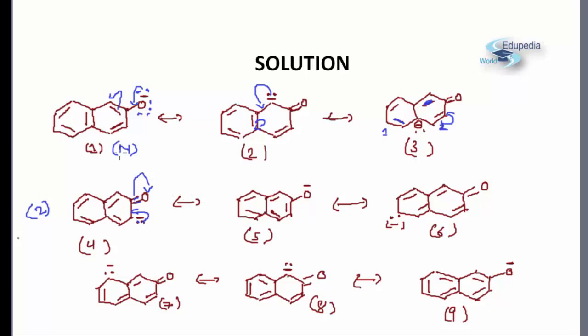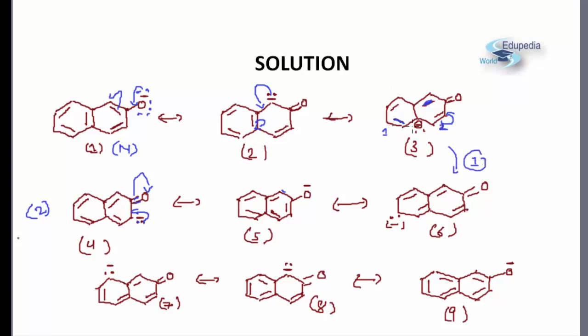In case you are thinking that structure 1 and 5 are same, let me tell you they are not, because you can clearly see that in structure 1 both the rings are benzenoid, and in structure 5 only one of the rings, that is this particular ring over here, is a benzenoid ring. So that gives me structure 5. Fine. Again, if I go back to structure 3, I can again see that there is one more possibility from which I have drawn this structure. This is from possibility 1.